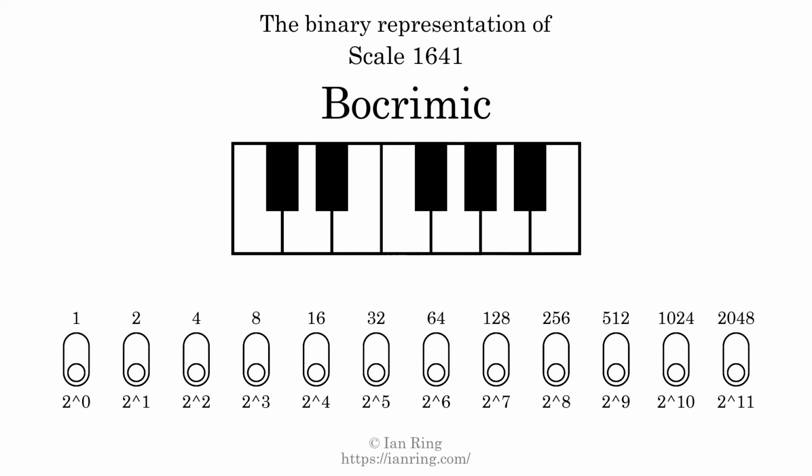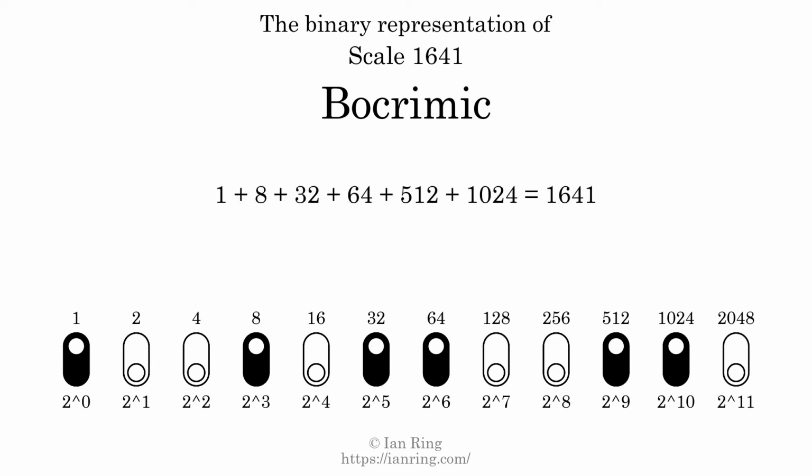The binary representation of this scale is determined by mapping tones of the scale to binary digits. Each binary digit represents a power of 2. To get the scale number, we add the powers of 2 together. The powers of 2 that are present in the scale, all added together, equals 1641. That is why the scale number, in decimal, is